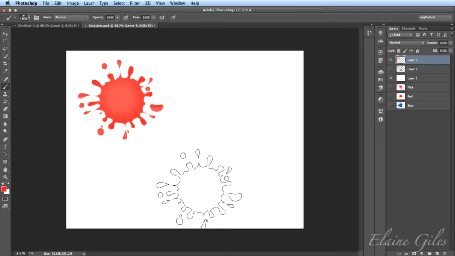So for that reason, there are other ways to work with brushes that you can colorize them in different ways. And there's three main ways to colorize them. Now I'm going to come on to that later. So we're going to leave those brushes there. We certainly don't want to lose those brushes.